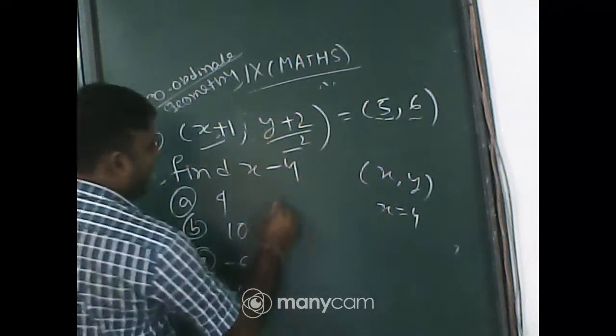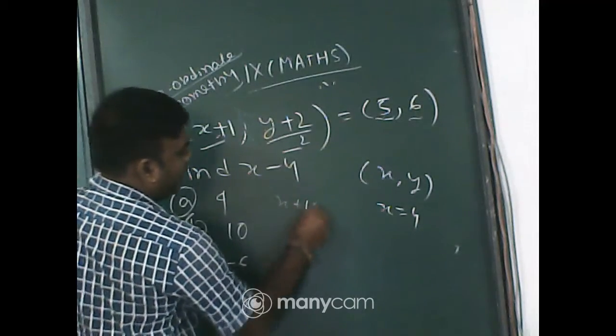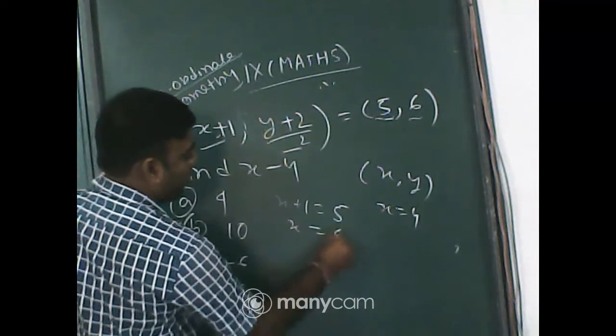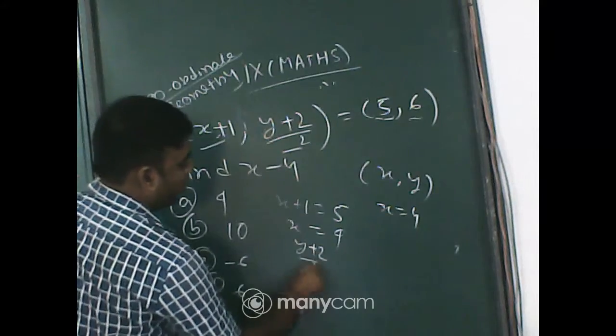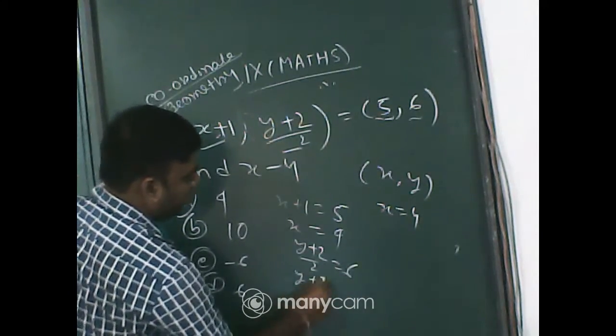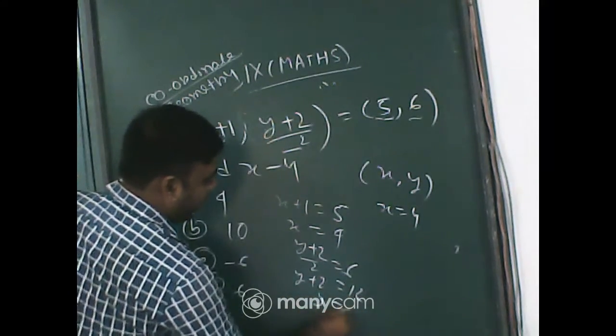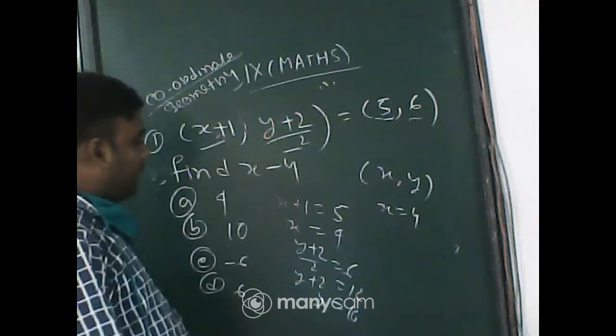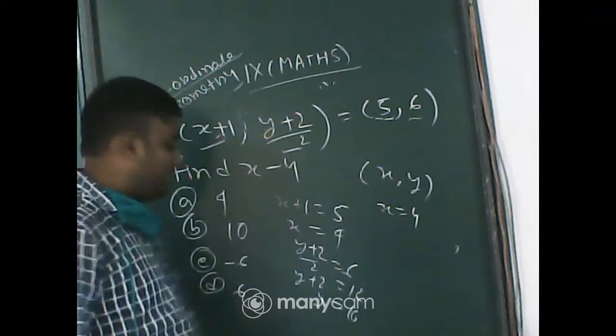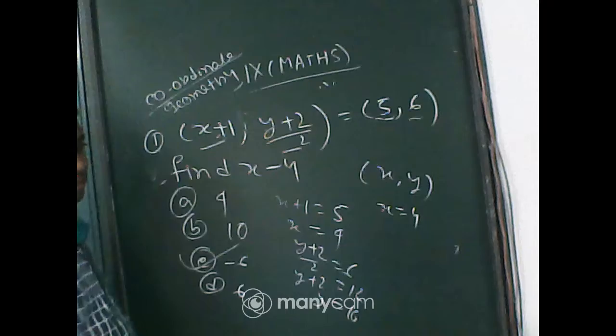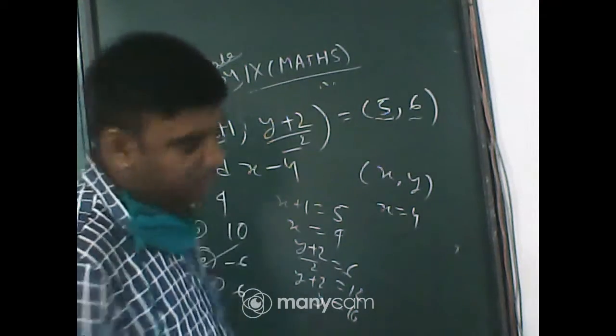Okay, so x plus 1 equals 5, so x equals 4, and (y plus 2) by 2 equals 6, so y plus 2 equals 12, and y equals 10. So 4 minus 10 is obviously minus 6, so option C is the correct answer. Got it? Okay, next